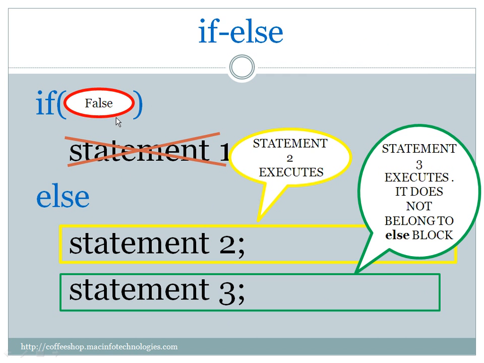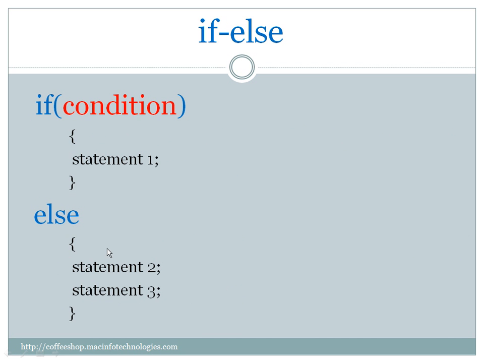So if it's false, statement 1 will not execute, statement 2 will execute, and again statement 3 will execute because it is not depending on the if-else condition. So it definitely executes. If we want both statement 2 and statement 3 to be part of the else structure, executed only if the condition is false,